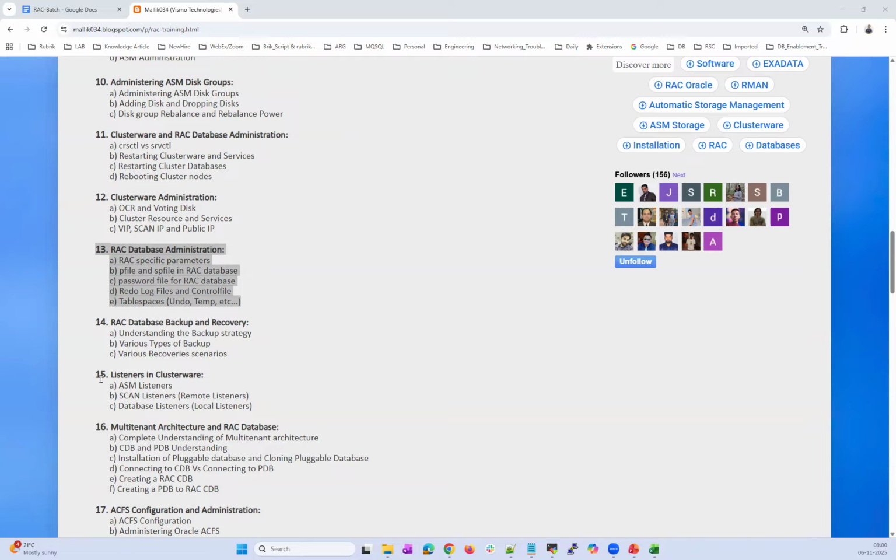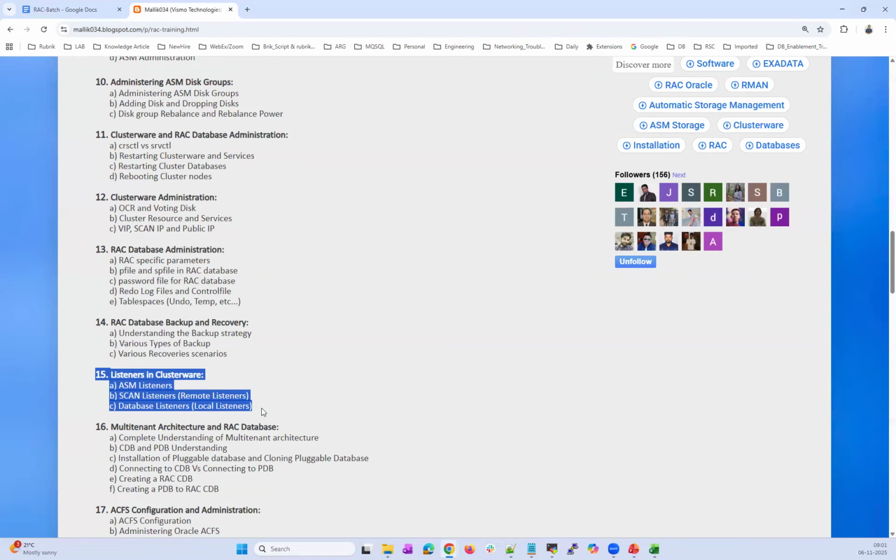At the same time, we'll talk about listeners and backups. When it comes to listeners, there are many listeners in RAC. You have your ASM listener, ASM network listener, local listener, SCAN listener, remote listener, and database listener. So there are so many listeners. Why so many listeners? How does the connection flow work? Which listener goes to which listener? Is my database registered with a grid listener, SCAN listener, local listener, database listener, or remote listener? It is very challenging and tricky to understand all the listener concepts.